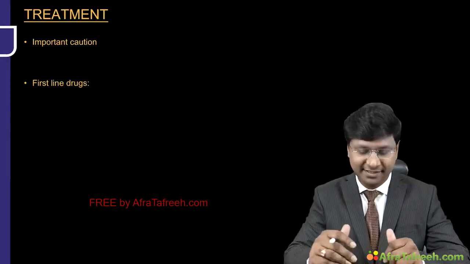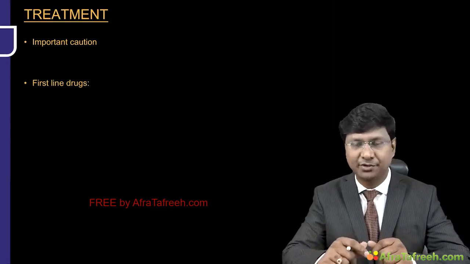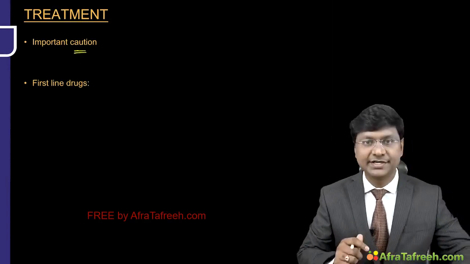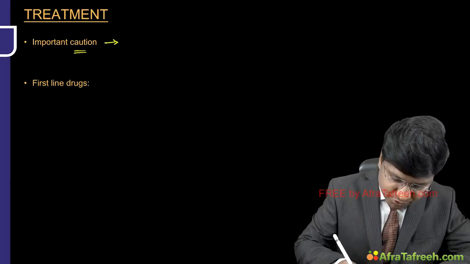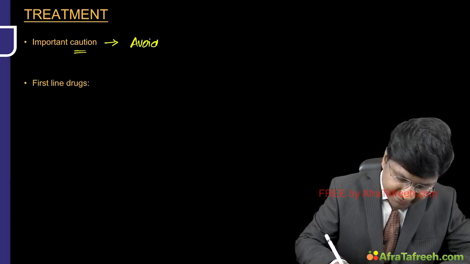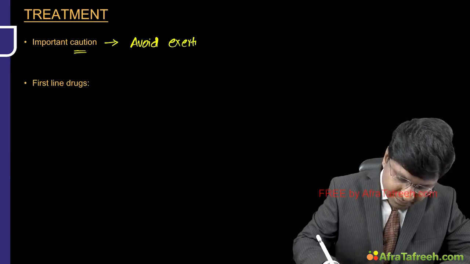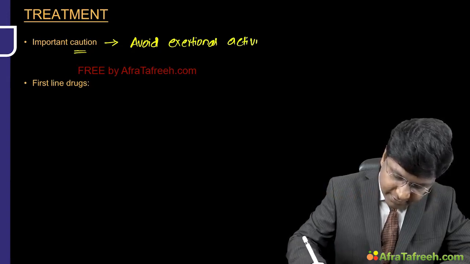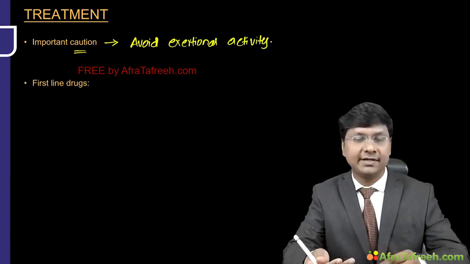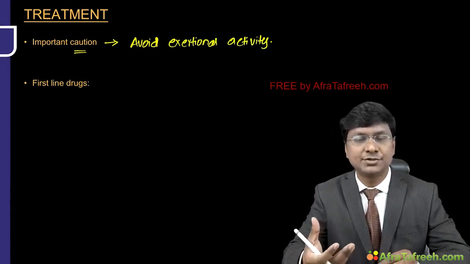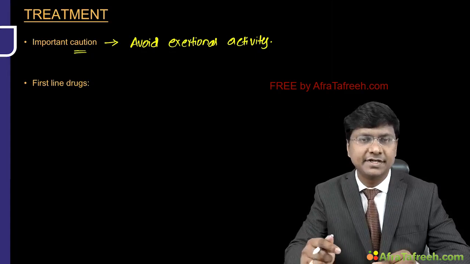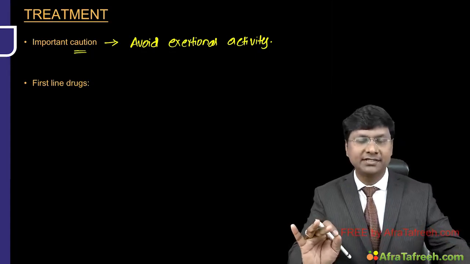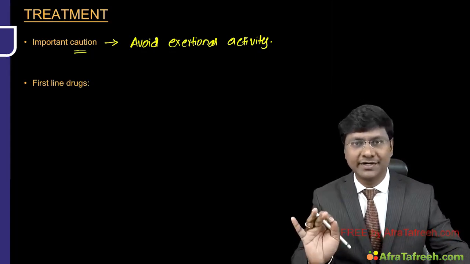Now, the next important thing is the treatment in patients with hypertrophic cardiomyopathy. You need to be very much aware of giving an important caution or advice to the patient. That is, the patient has to avoid exertional activity. Upon exertion, there can be an increase in the levels of catecholamines, which will increase the contraction of the heart, and the obstruction increases if there is septal hypertrophy. That can cause sudden cardiac death in the individual. So avoiding exertional activity is the first important advice that you should give to the patient.